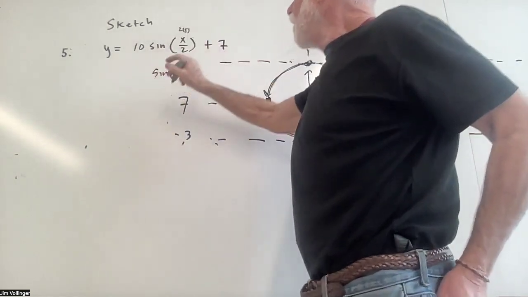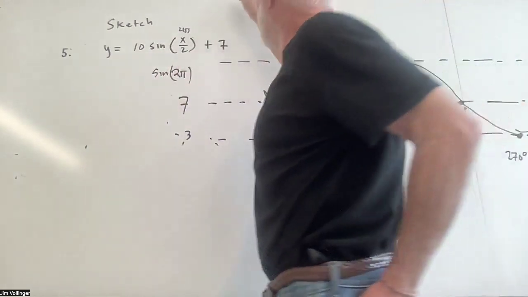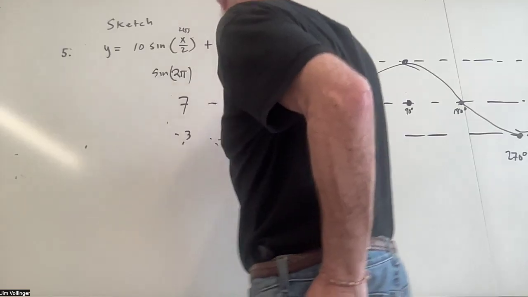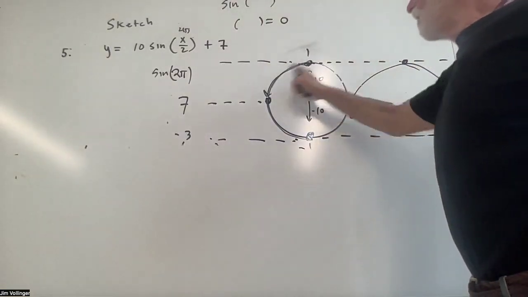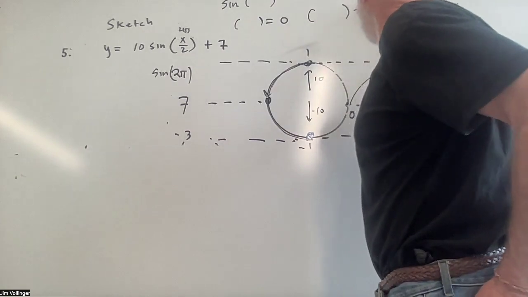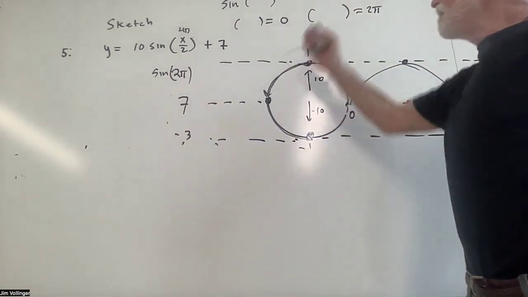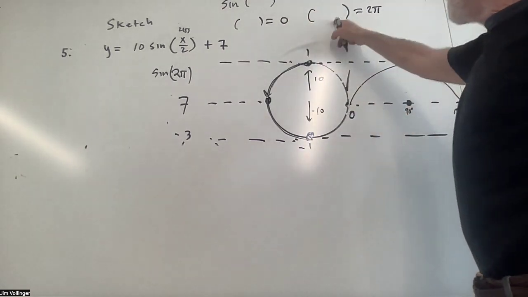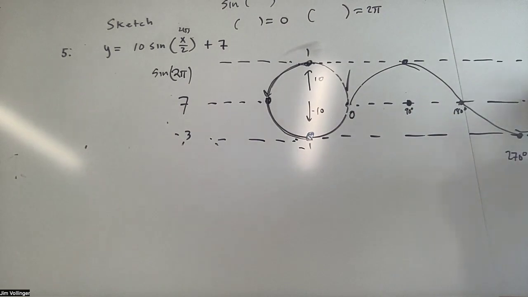So how are we going to find where something starts and where something ends? The sine function has a parentheses, and we want that parentheses to equal 0. That's where you start. You walk around the circle, and we want that parentheses to equal 2 pi. We'll find shortcuts as we go along, but whatever's in the parentheses, set it to 0. You're going to get your start. Whatever's in the parentheses, set it to 2 pi. And in this case, that becomes 4 pi, brings us back to 7 as a height, 17 as a max,